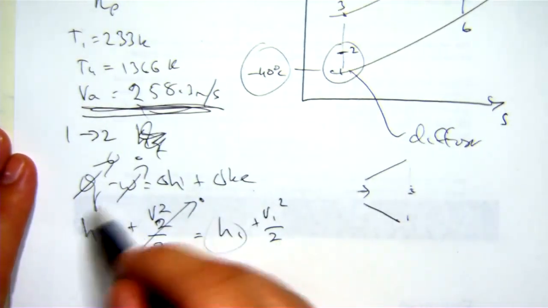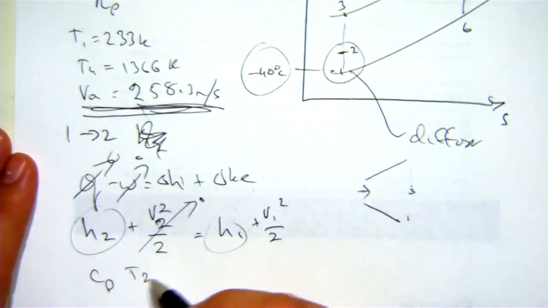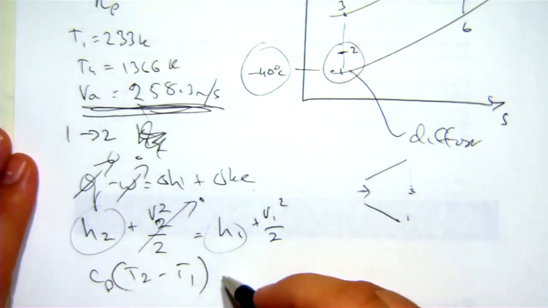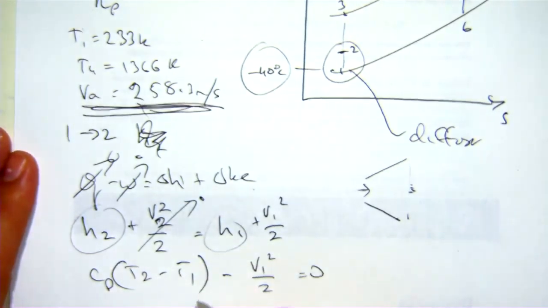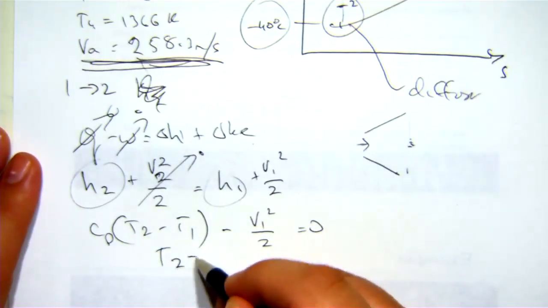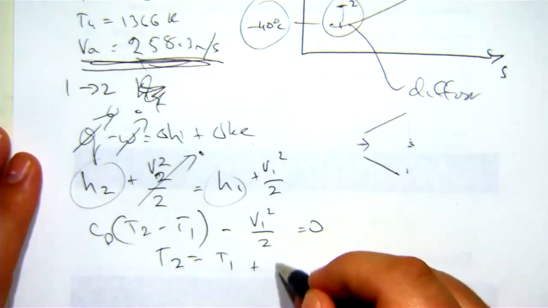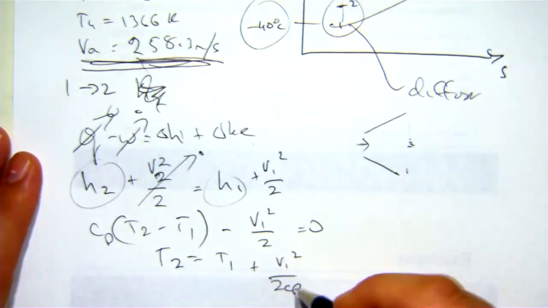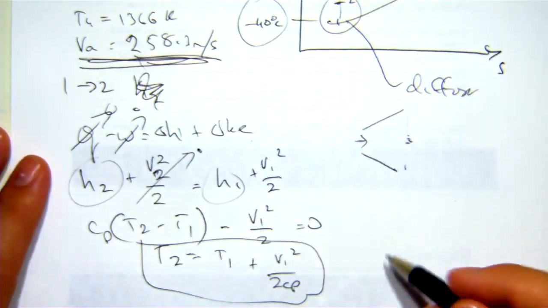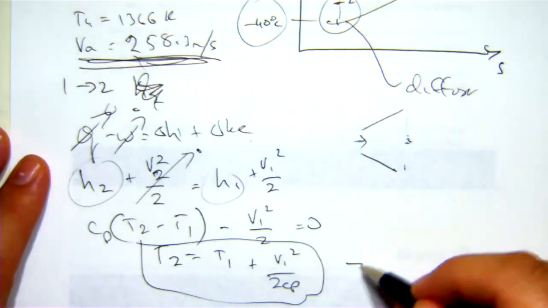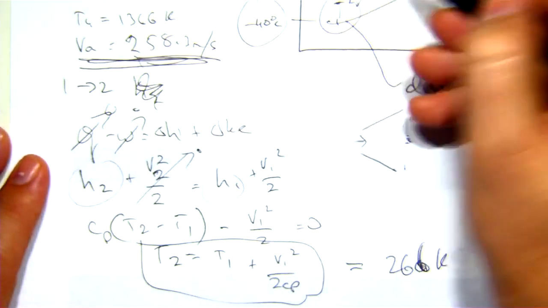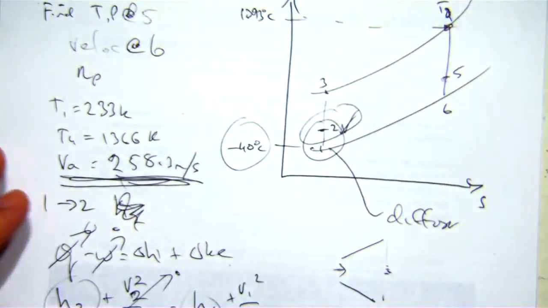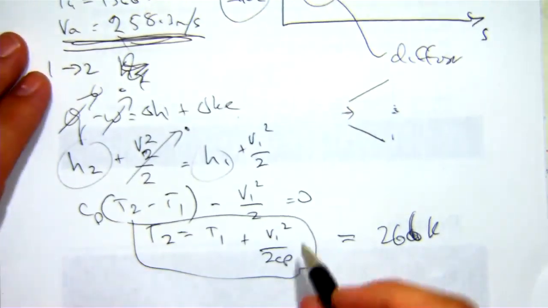So what I do is I get these together as Cp (T2 minus T1) minus V1 squared on 2 equals 0. If I rearrange this, I get T2 equals T1 plus V1 squared on 2Cp. I plug all my numbers in and I'll end up with 266.6 Kelvin, at which point I am done with finding point 2. The moment that I have the temperature on the map, I'm done, I'm good. This number here